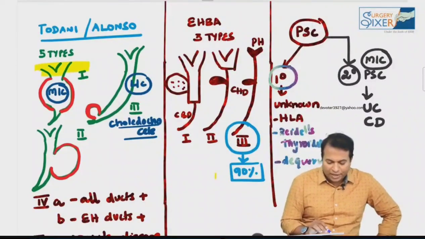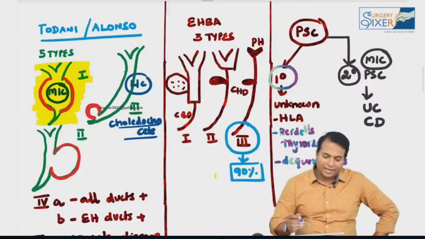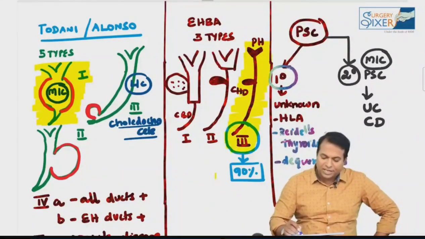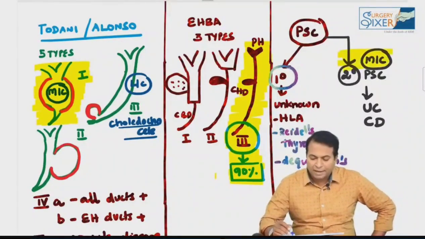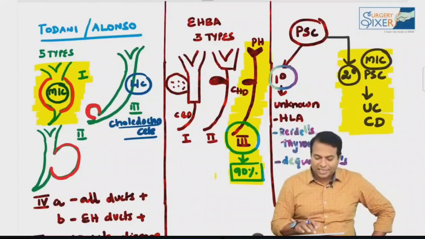What is the most common type of choledochal cyst? Type 1 is the most common type, fusiform dilatation. Most common type of EHBA is type 3, in which the atresia is at the level of porta hepatis. The most common type of primary sclerosing cholangitis is secondary, that is associated with ulcerative colitis and Crohn's